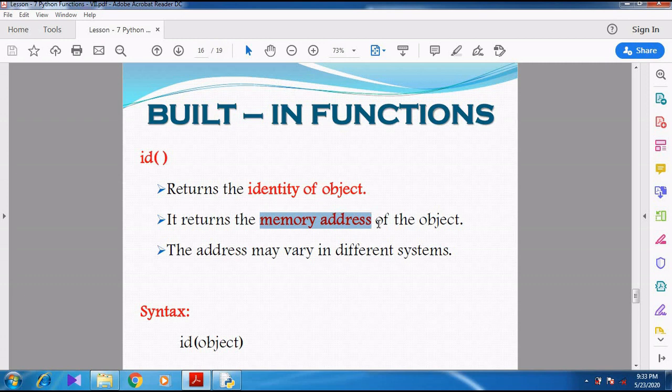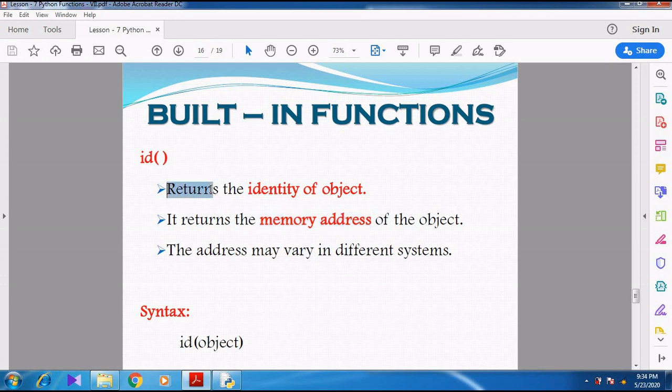Memory is there. Each and every value the user gives is stored in the memory. Each memory location has an address. Like that we have studied. So here we are going to find out the memory address of the object. So that is what is shown here.